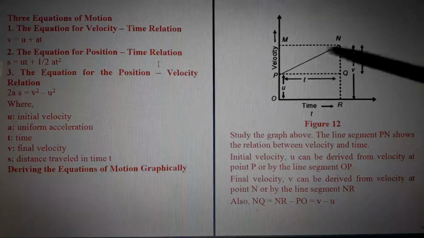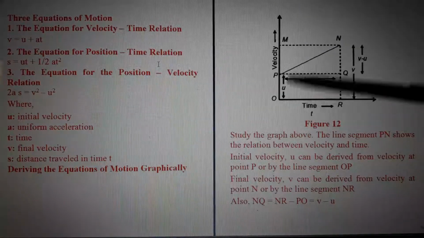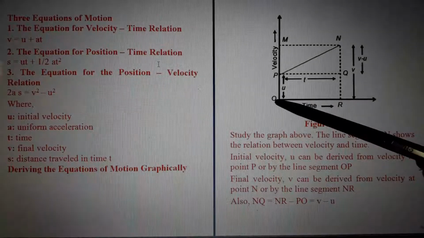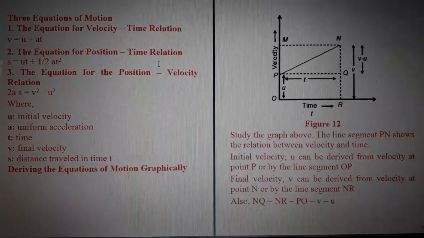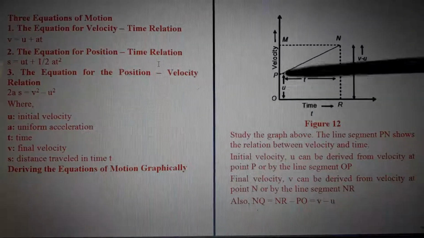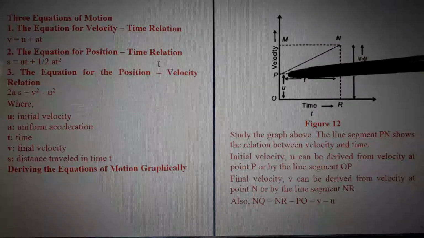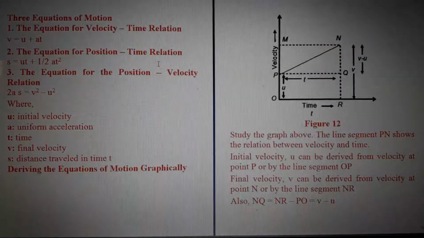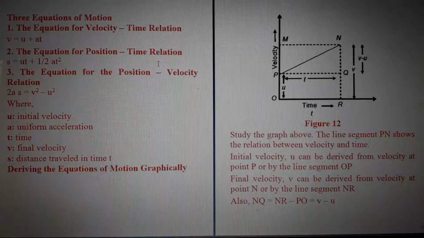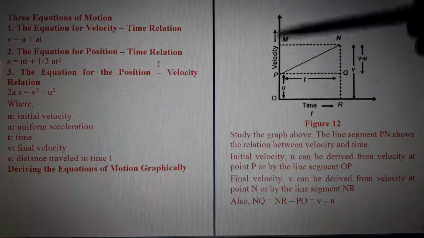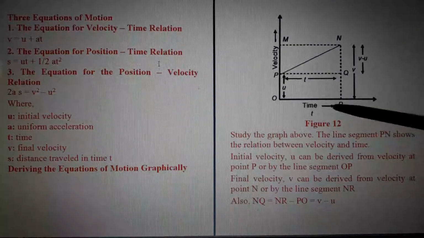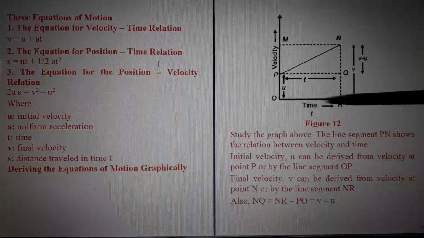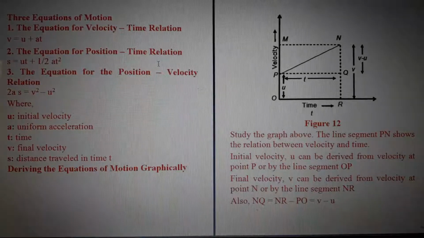So if we have velocities, for example, the initial velocity, the starting velocity, from here we are starting. At that time, the velocity is OP. You can just imagine that. Actually, OP, that measurement, is also called the initial velocity or U. Are you getting it? See, this is the velocity part and this is the time part. Time is increasing from 0 to 1, 2, 3, 4, 5, 6, like that, in the x-axis, and velocity is increasing in the y-axis.